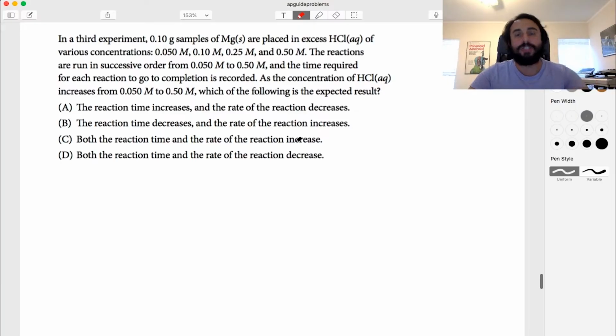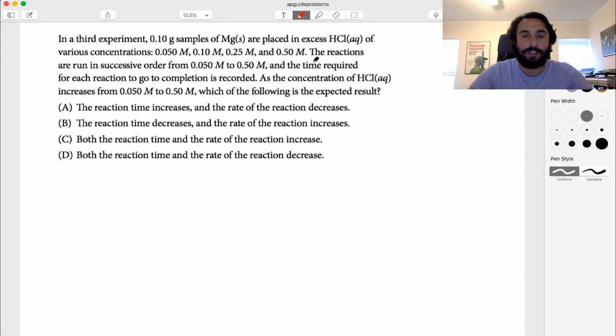So when you start this reaction, when you toss that magnesium metal in there, how fast is it going to go, right, depending on which concentration we're looking at, and then how long does the whole thing take? So what we need to understand is that as the concentration increases, there's more of the reacting species in there, right? We have more hydrochloric acid, so we have more protons available to accept those electrons, and so the rate of reaction is going to increase